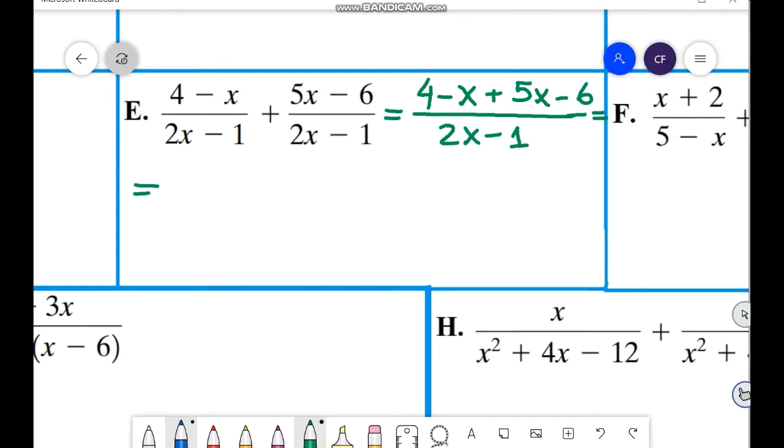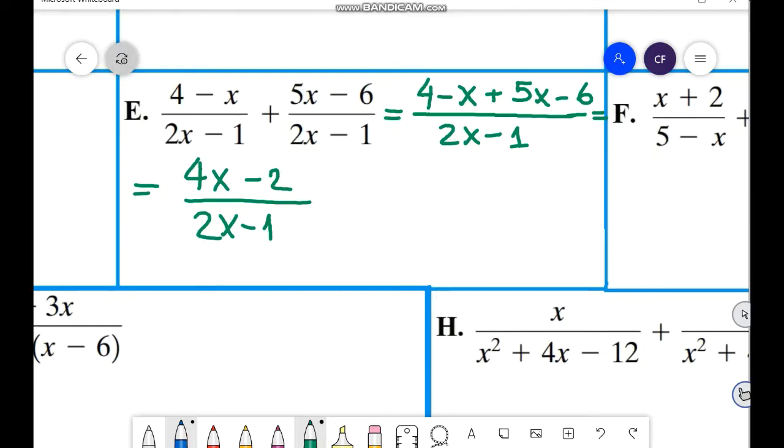Negative x plus 5x is 4x. And 4 minus 6, negative 2, over 2x minus 1. But wait, this is not the final answer yet, because you have to check if you can simplify, if you